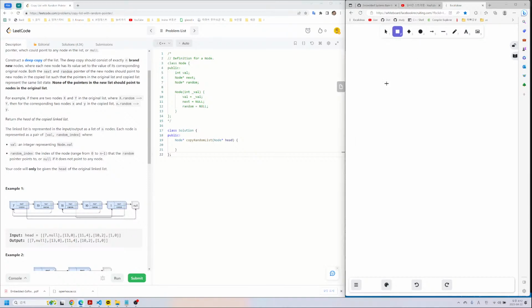So let's say that there is a node, then 1, 2, 3, and then next is, since this is a linked list, but somehow the random, somehow it could point to this one, or the random of this one could point to this one, and then the random of this one could point to